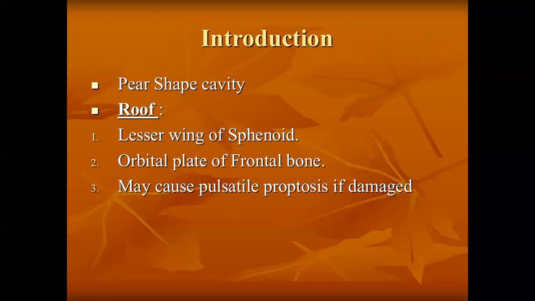I can give you an example: we have lungs and heart, which are very soft tissues, and they are supported by the rib cage, which covers them from outside, so that they are prevented from being damaged by the hazards present in the external environment. Similarly, the eyeball is a soft structure, and it has to be prevented from external hazards, and the cavity which helps in preventing damage from the hazards is the orbital cavity.